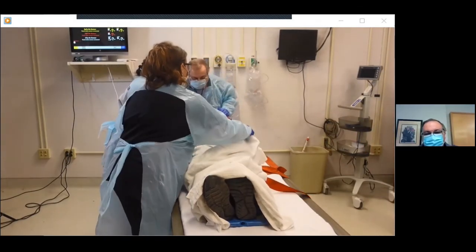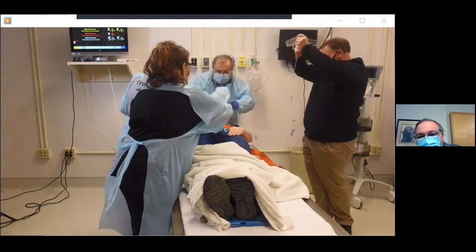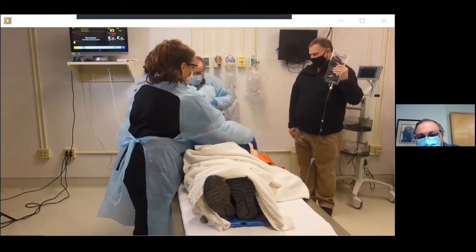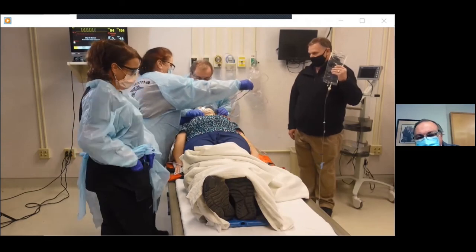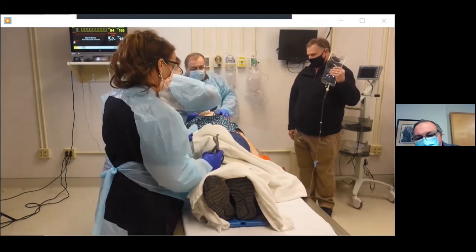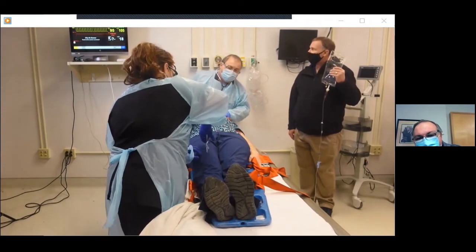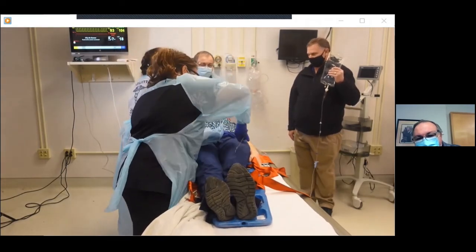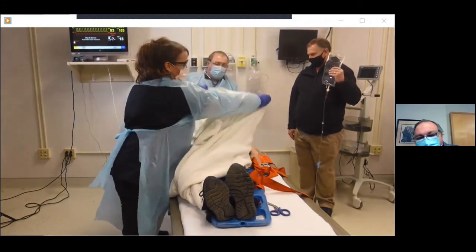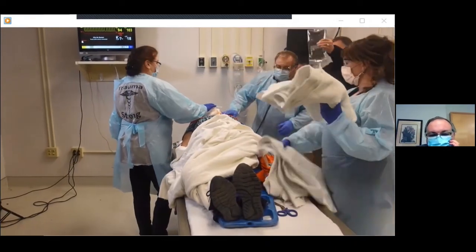So, take some deep breaths for me. She's got good breath sounds on the right and the left. Heart rate's okay. So airway's patent, bilateral breath sounds, and she's not significantly tachycardic. Jody, thank you for getting our clothes cut off, and if you can get us some more blankets to put over top of her. We're going to go ahead and log roll her off of this longboard, but